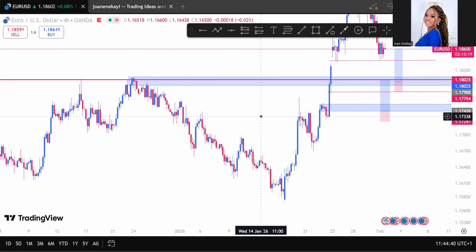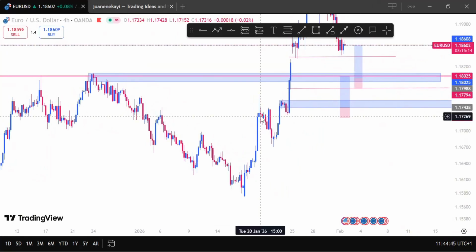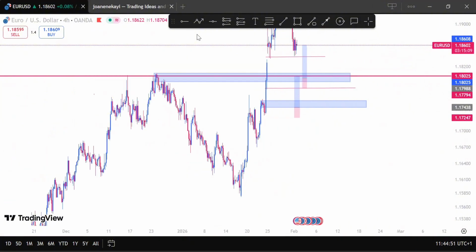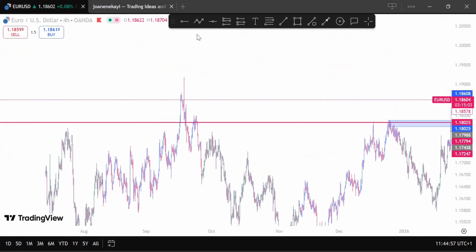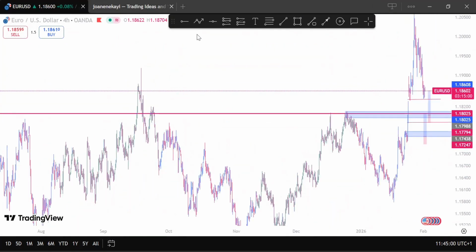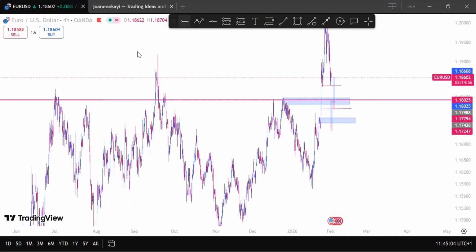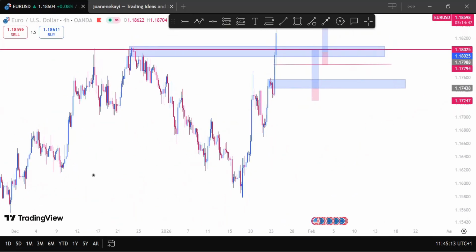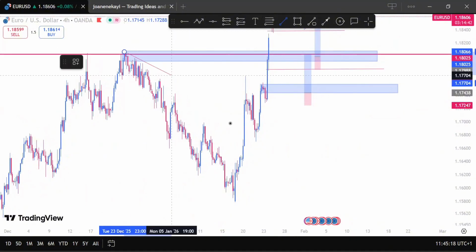Directional bias for this week on Euro USD. So first of all, we need to know the directional bias of the market. Currently, the market is bullish, if you can see from this line. Currently bullish as price already broke this higher high at this point here, right? And price already broke this trend line liquidity at this point here to give us